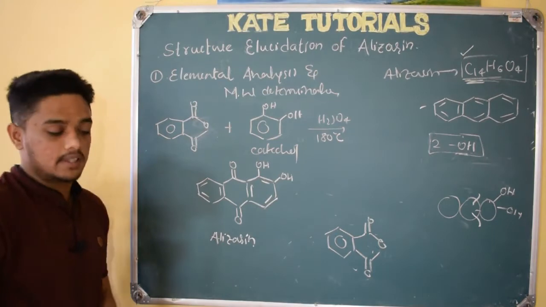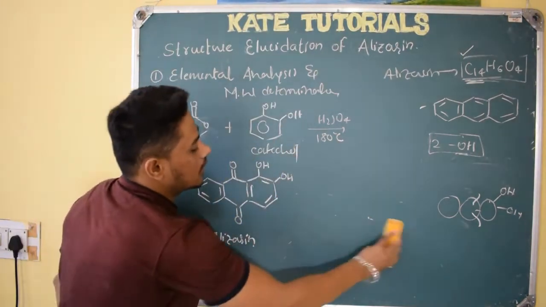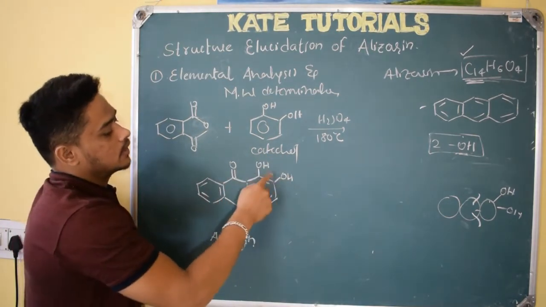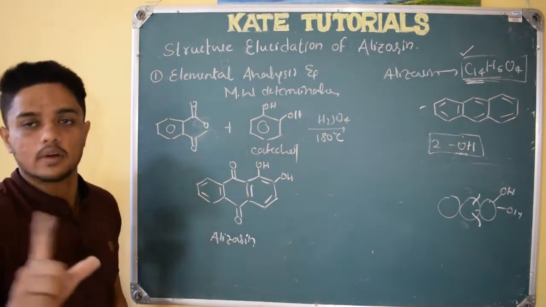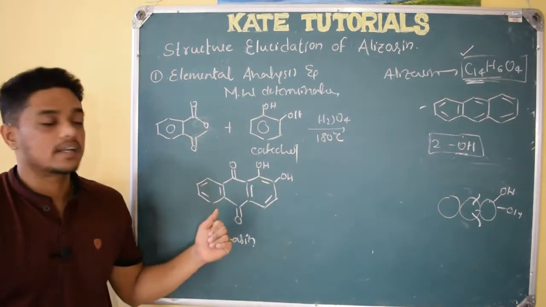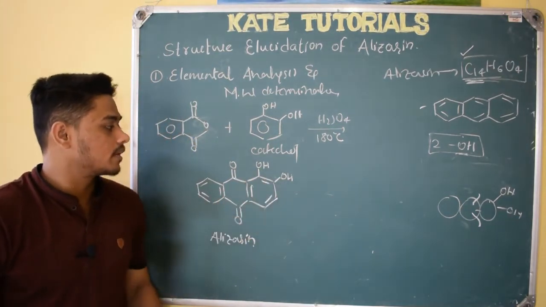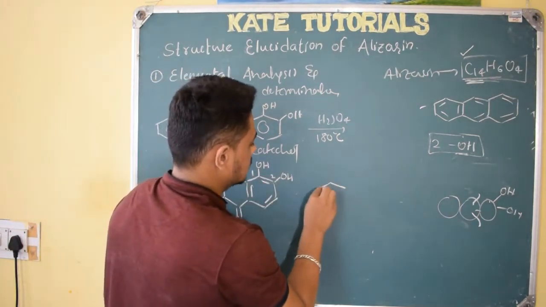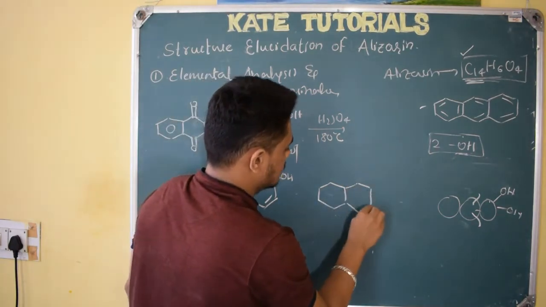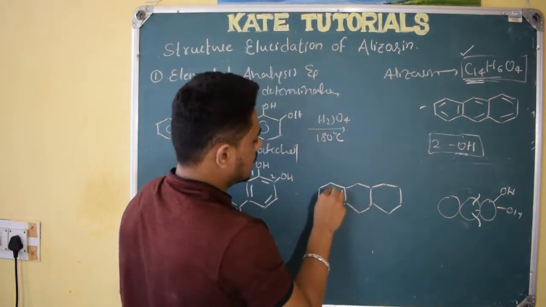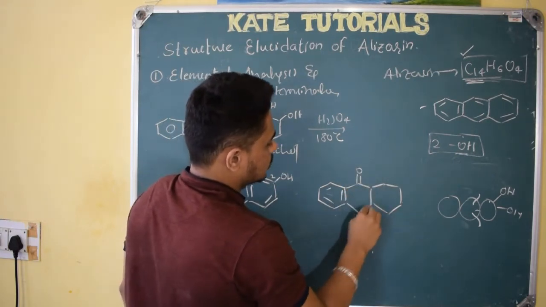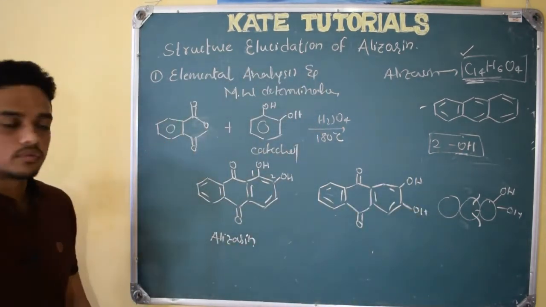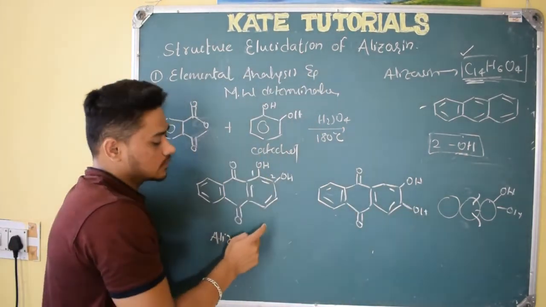With this reaction they got this. But there are a few more scientists. How can you tell that the 2 OH groups are present on one ring only? They are satisfied, but how can you tell whether the OH groups are only at the 1,2 position? The OH groups can be at 2,3 also, right? Because see here, this alizarin structure can also have a double bond O like this and OH like this. It can have this structure also. Then how will you tell that alizarin has only this structure?